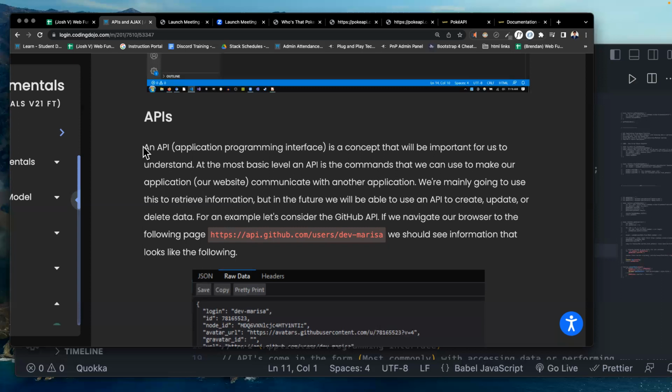An API, an application programming interface, is a concept that will be important for us to understand. At the most basic level, an API is the commands that we can use to make our application, our website, communicate with another application. So that's what I was saying. You have your application, which is Target.